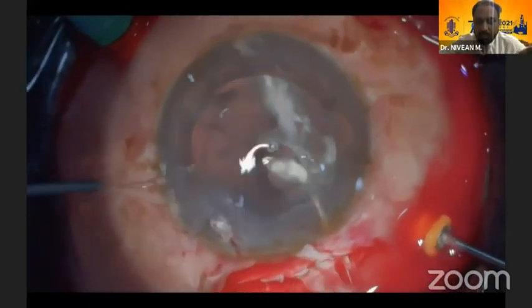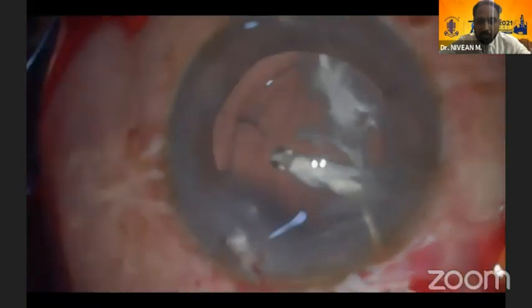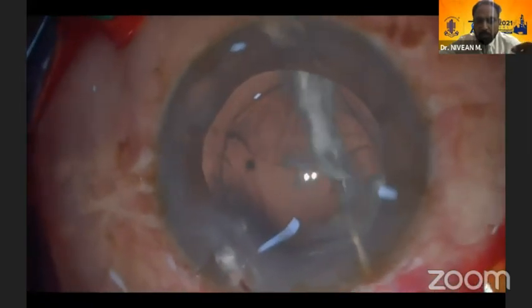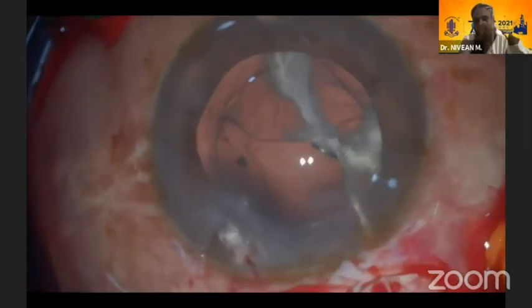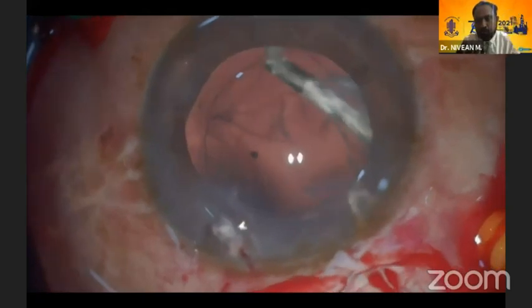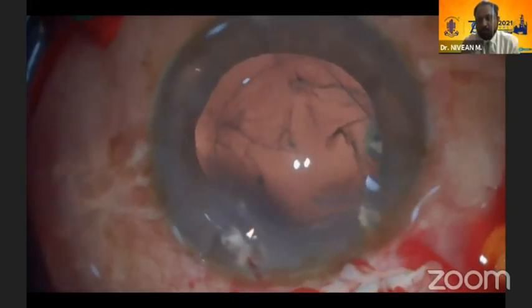So we can introduce these trocars. Initially, there is a learning curve. We have a class where you can be taught how to introduce the trocar assisted cannulas. The only advantage is the vitreous is coming from the back. So once you go through the pars plana approach, you have to cut only less vitreous. See, it is almost over.